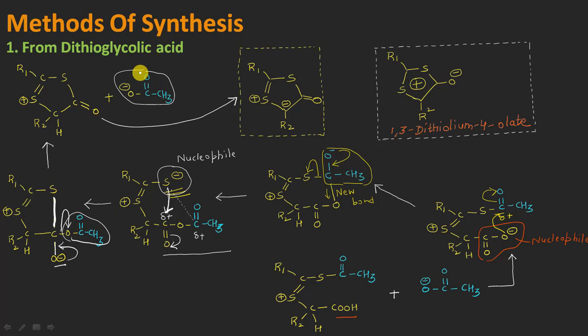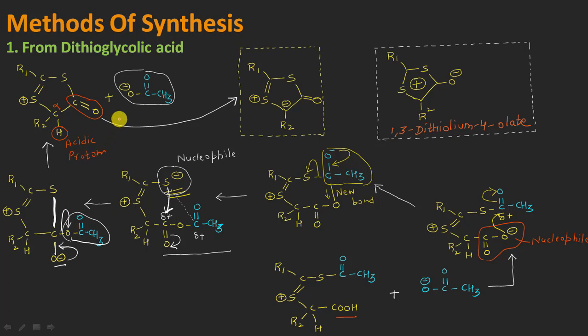Moreover, what will happen next is that this will now become a carbon double bond oxygen. And now the next step is that this acetate ion needs one H positive ion, and luckily we do have one such H positive ion in this molecule. Because this is the alpha position with respect to this carbonyl group, these protons are actually acidic in nature. Let me write here, these are the acidic protons.